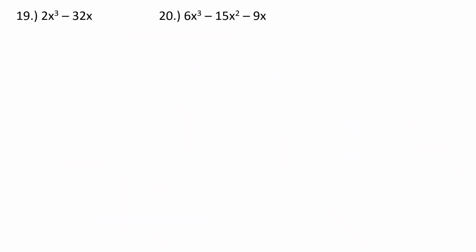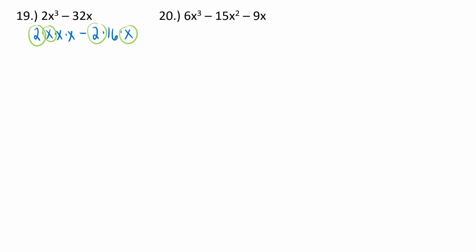Now, these two are meant to stretch you a little bit. They are meant to see what can you do with this? So number 19 does have a GCF. So I'm going to go back to some of that basic GCF work that we were doing. I'm not going to break it down all the way. I'm going to break this down to just 2 times 16. The reason I'm not going to break it down into the prime factorization is because I only have the 2. Once I find the common factor of 2, I might as well just leave the 16 alone. So these guys have a common factor of 2, and